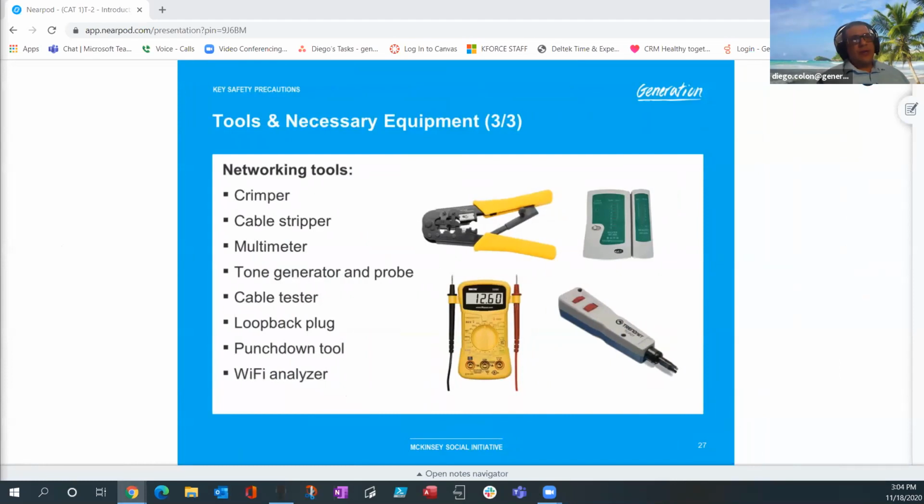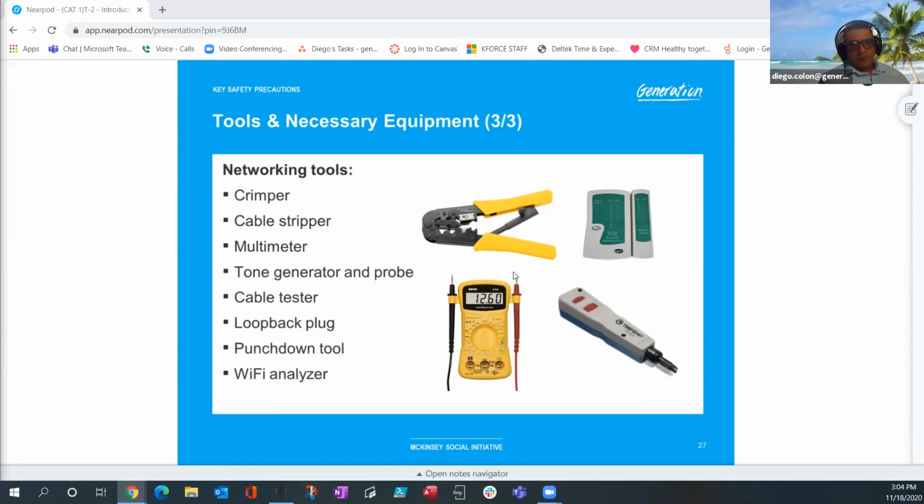As for the tools that are necessary and the equipment, you do have a crimper. The crimping tool is this guy that you see here with the different sizes. One's RJ45, the other one's RJ11. RJ11 is for your actual phone cords, and your RJ45 are for your Ethernet cables. We will see the details of those variances in later chapters, but we just want to be able to identify a crimper. We must be able to identify our punch down tools, our toners,